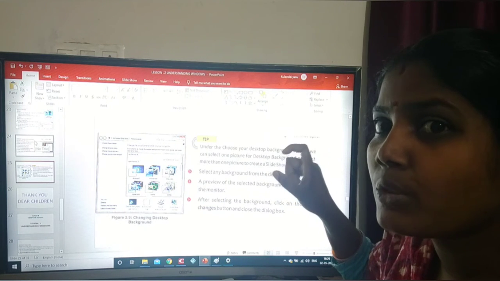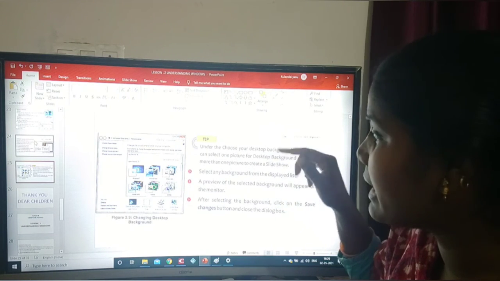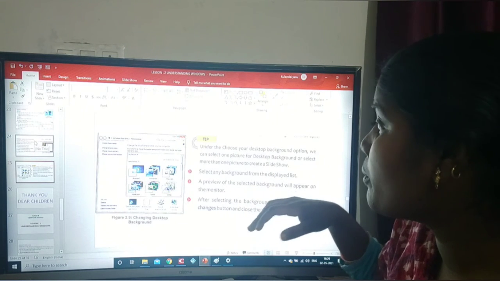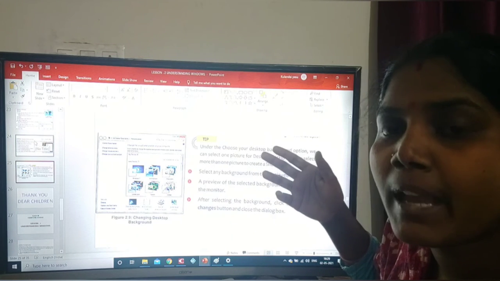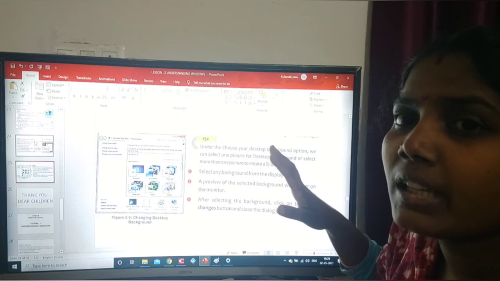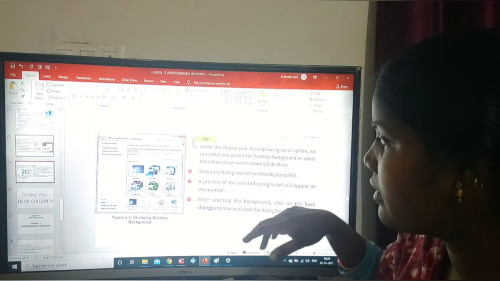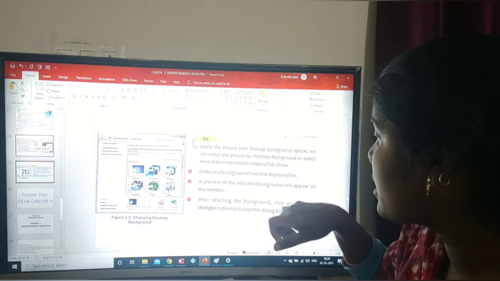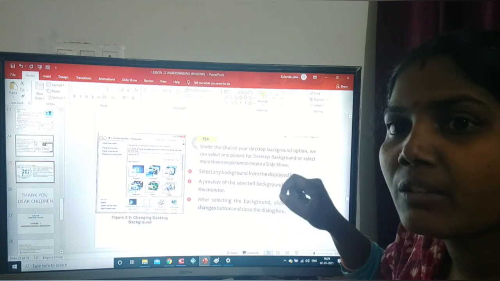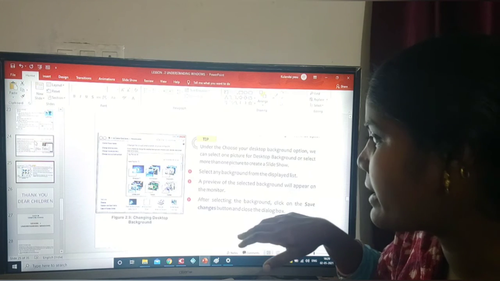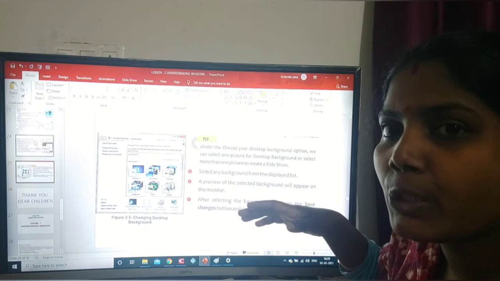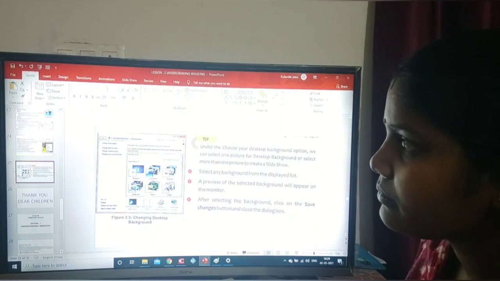Then a preview of the selected background will appear on the monitor. After selecting the background, we select our new background, click on the Save Changes button, and close the dialog box. After that, the new background picture will appear.